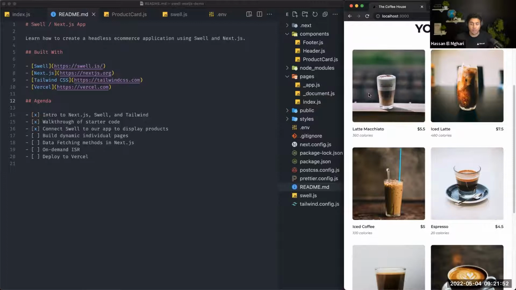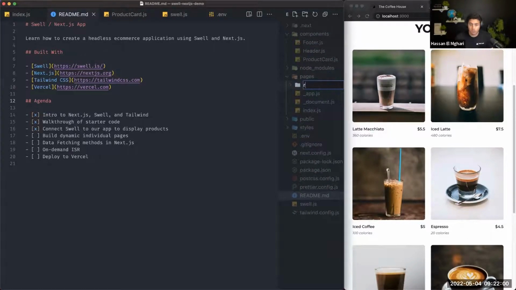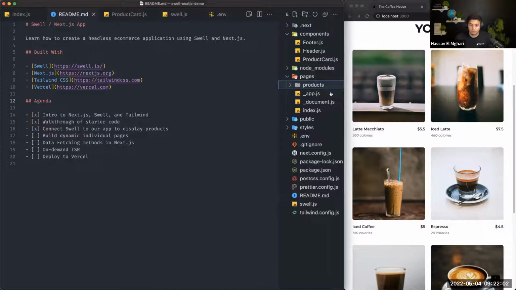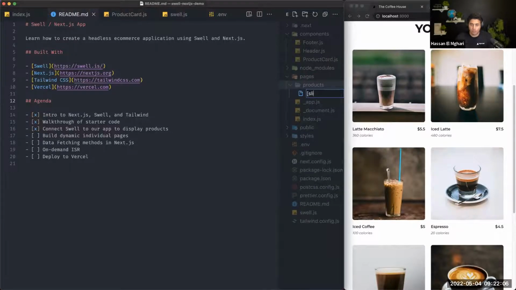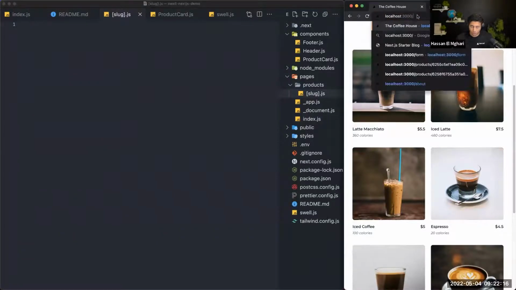And the way we're going to do that is we're going to create something called a dynamic route in Next.js. So we're going to go to our pages folder. We're going to create a new folder called products. And inside of this products folder, we're going to create a [slug].js in this form. And I'll go over what this does in a second. So essentially what this does is it tells Next.js, okay, if the user navigates to localhost or whatever the URL is /products/